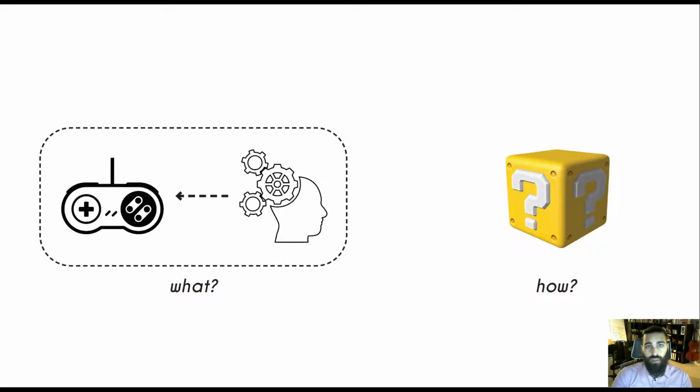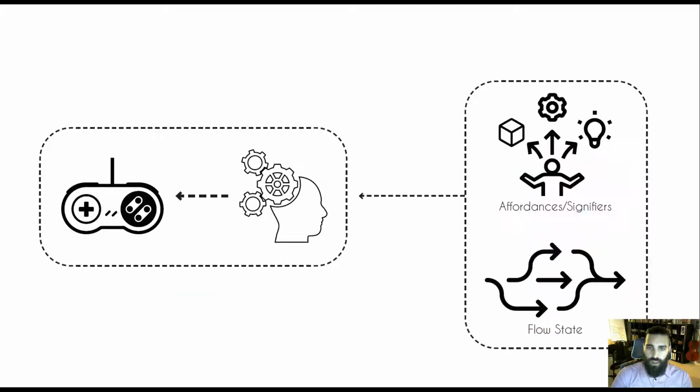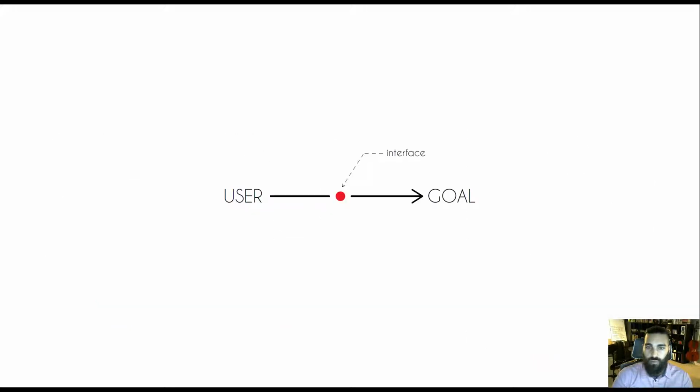Now, we know what we are documenting. The question still remains, how are we documenting it? And here I am proposing that we use the affordances and signifiers theory to create the structure of the game experience, and then the flow state to determine how cognition is flowing through the game. And then all of this lives within the Relational Joints Framework. This is a framework I am developing that is helping to create a blueprint for the game experience.